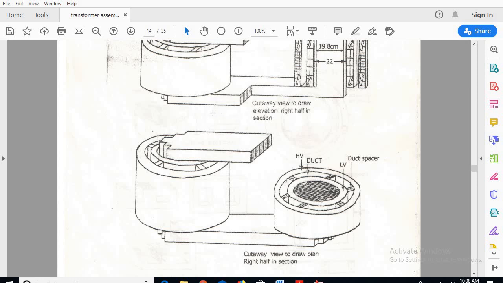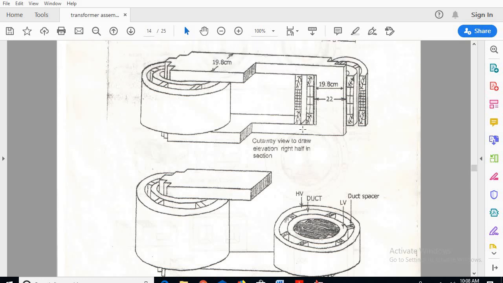Now if I see towards the left side, this is the uncut section. If I see from the top, I can see all the 3 steps, and the yoke which covers the winding here. So I cannot see any sort of winding coming at this particular portion. Towards the left I can see some circles, so I can draw only the outer circle. This is with respect to the plan when we go for the uncut sectional portion. Next, this is the cut sectional view of the elevation part.